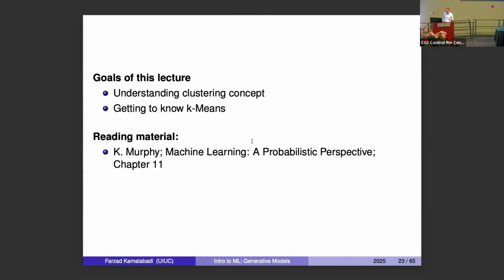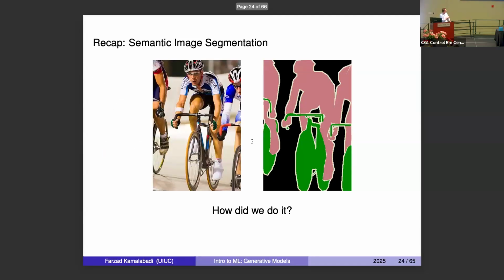Okay, so k-means clustering. What's the idea? By the way, I've put the reference here to the same textbook by Murphy, chapter 11. The idea is the following. First of all, let me just talk about the idea of segmentation. We're talking about clustering, and sometimes segmentation is used interchangeably with clustering. Here you can imagine that semantically, there are different things going on in the image. Again, the human mind can immediately do the abstraction. You want to be able to figure out where the people are, where the bicycles are, and where the background is, for example. This is an example of segmentation or clustering, done on a color image. And how do we do that? So here's one way of doing that.